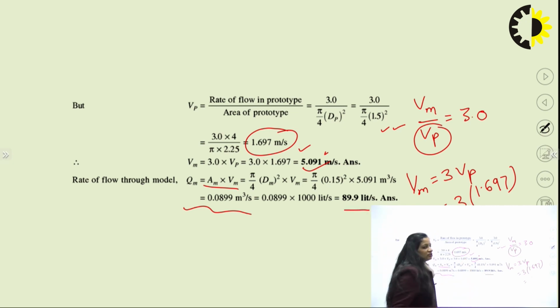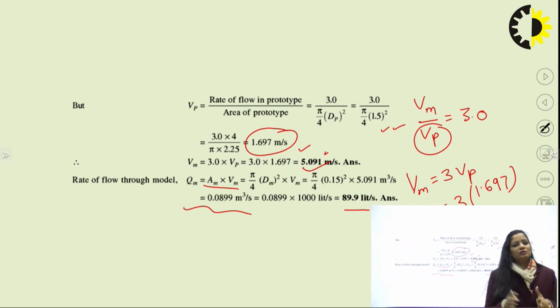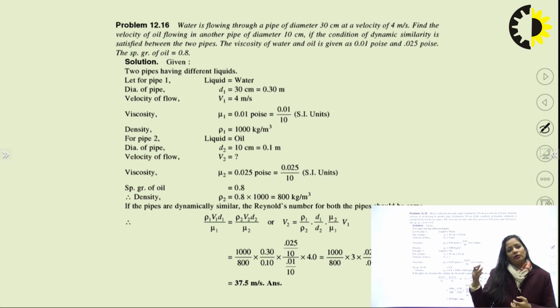So the situation was simple. We have just applied Reynolds model law in this particular question. Now the next problem. We need to understand and again analyze the situation, how we are going to apply that particular